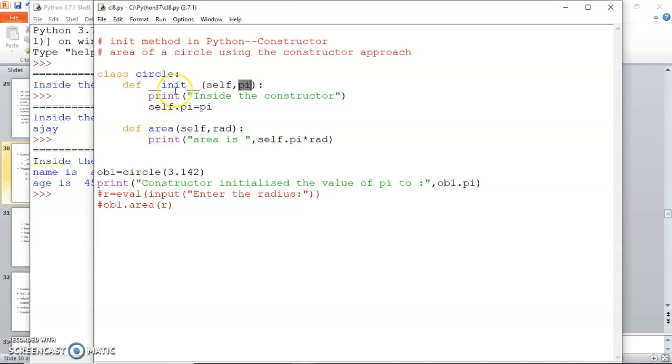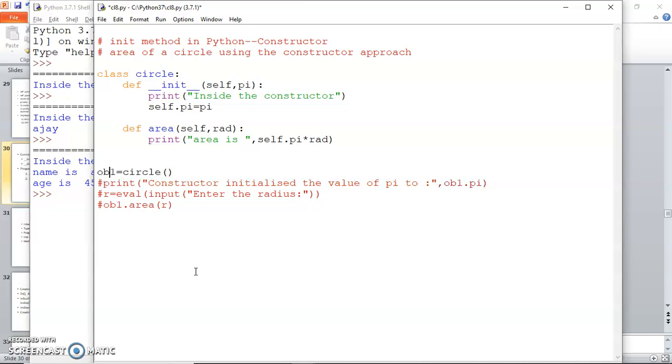Since this constructor has one argument now, once the object is created, that argument should be passed here. Obviously if I just create the object like I've been doing previously, then it would be a mismatch,